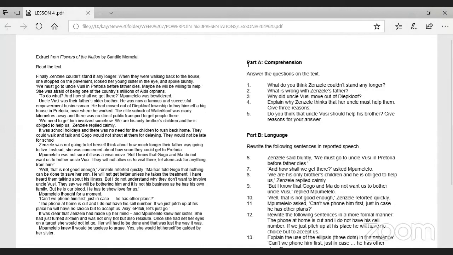Guys, you must get to a point whereby you are familiar and comfortable with comprehensions, because you will be dealing with comprehensions until you reach matric. When you're doing English first additional language, you will be writing a lot of comprehensions, okay? And you will come across passages and extracts that are even longer than this one, okay? So you just need to be comfortable with going through them and being able to use your comprehension analysis skills, okay?